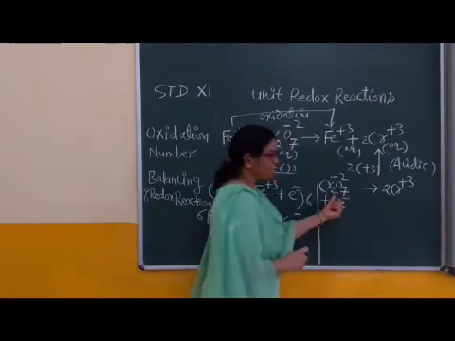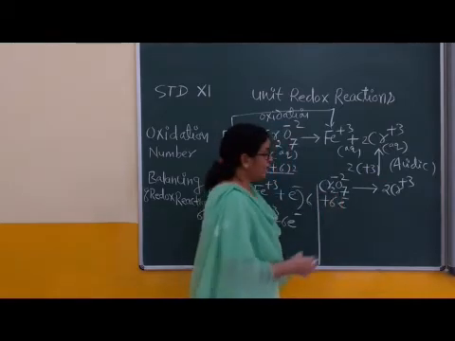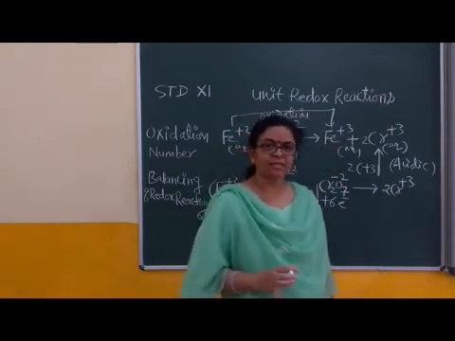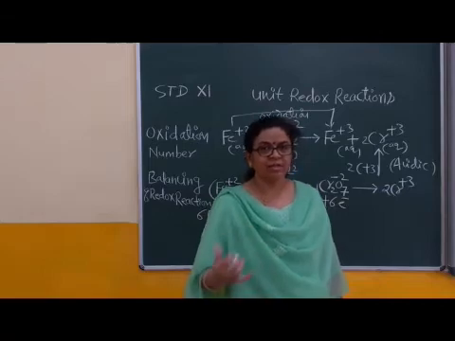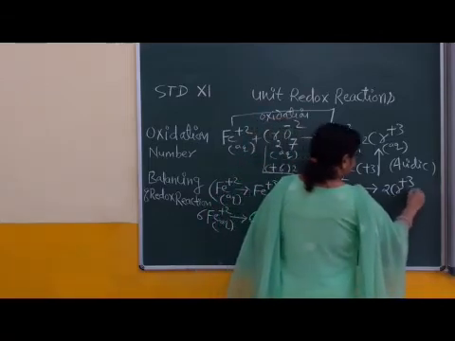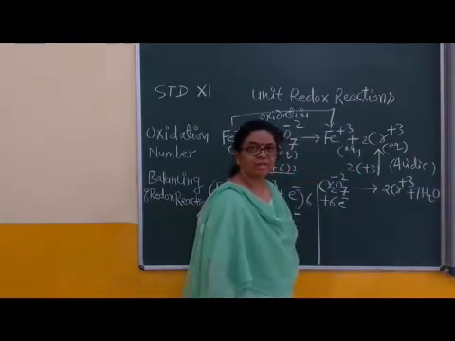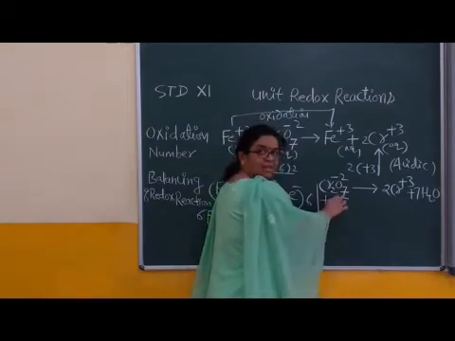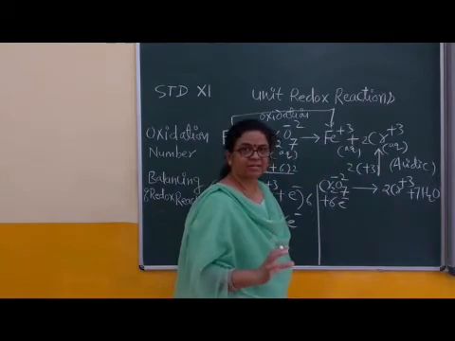Right? Then balancing of other atoms. The other atom is oxygen, and on the right hand side oxygen is absent. Oxygen atoms are balanced by adding water molecules on the required side. Which side is required? Right hand side. Then add 7 molecules of water. Water is neutral, no charge is present. Right? 7 oxygen on the left hand side, 7 oxygen on the right hand side, oxygen balanced.